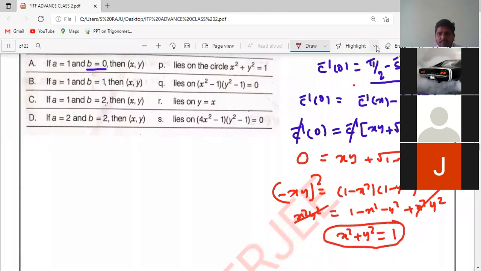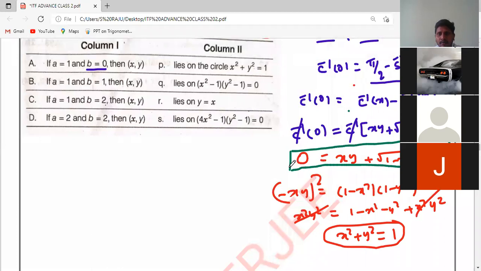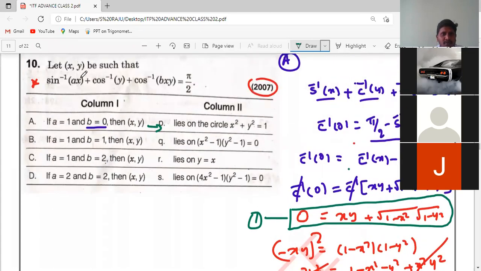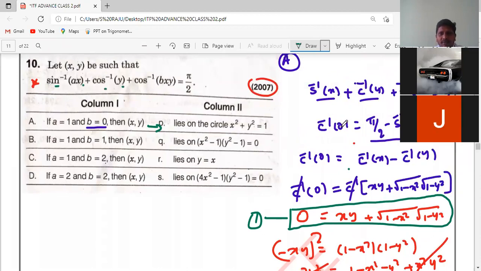Carefully how to do this, right? So I'm going to put this in the bracket. Let us take this as equation 1. I'll tell you why we can take it. So first one, x square plus y square is equal to 1, means A tends to 1. And second one, A is equal to 1, B is equal to 1. What does that mean? Same, sine inverse x, cos inverse y, but cos inverse of xy, in place of 0, you can take as xy.